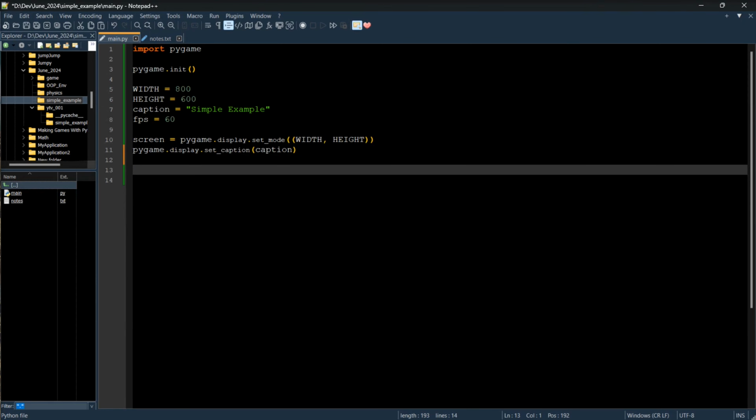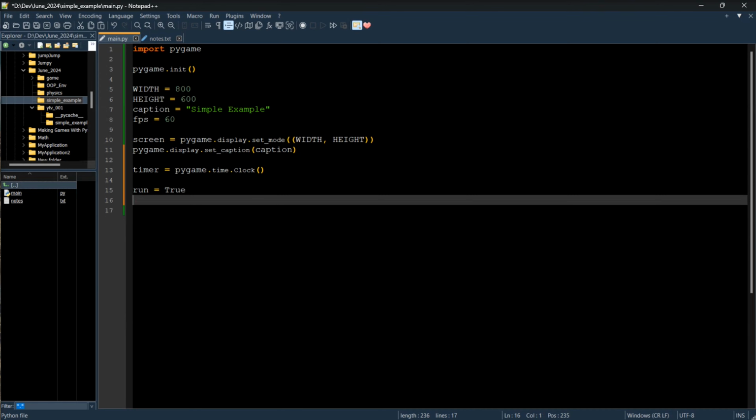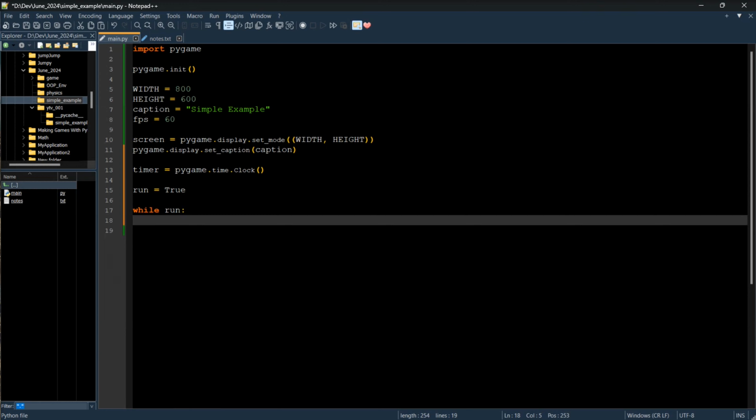Okay, and then next we're going to have to create our timer, which is equal to pygame.time.Clock with a capital C. And of course, a variable for our while loop, our main game loop. Okay, so while run, timer.tick